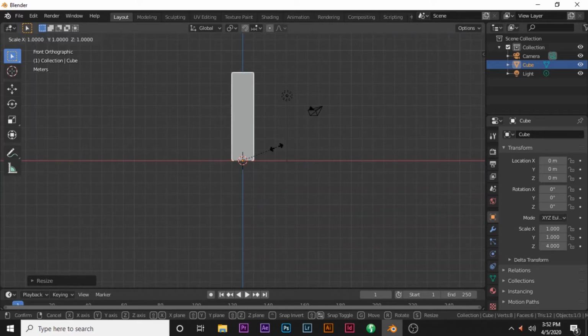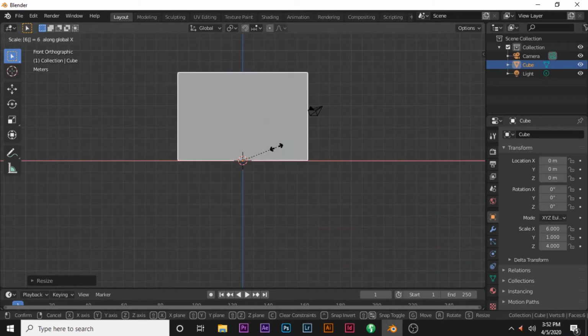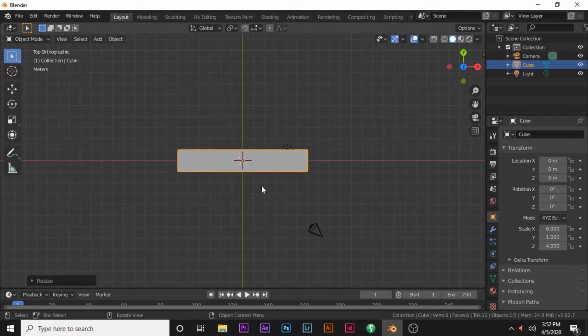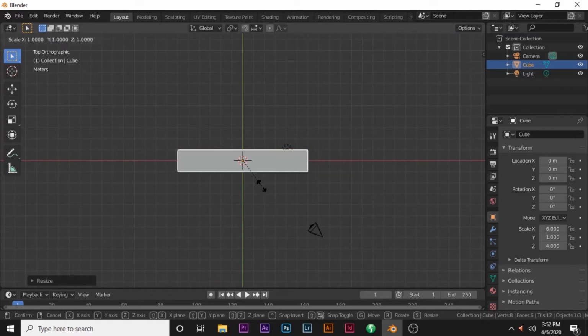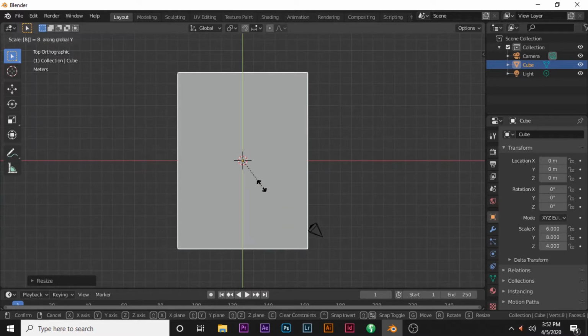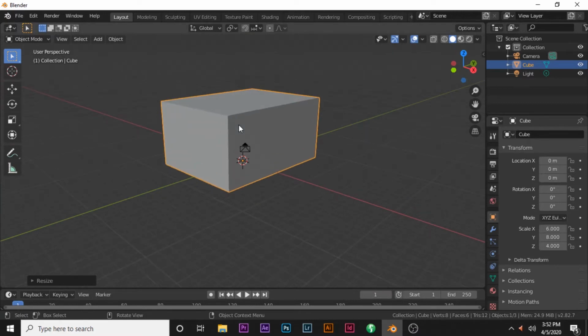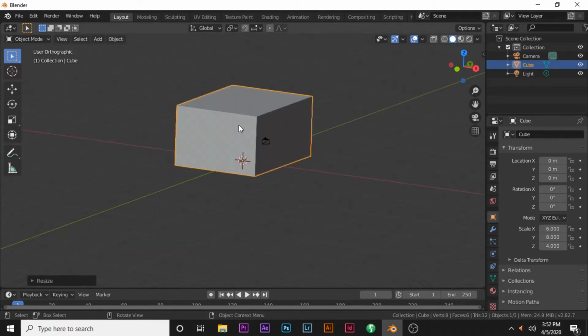So I'm gonna scale it on the x-axis as well, about 6 units. I'm gonna hit 7 to go to the top view and scale it on the y-axis, about maybe 8 is fine. 8 Blender units, that's fine. It's not too long going backwards. And then